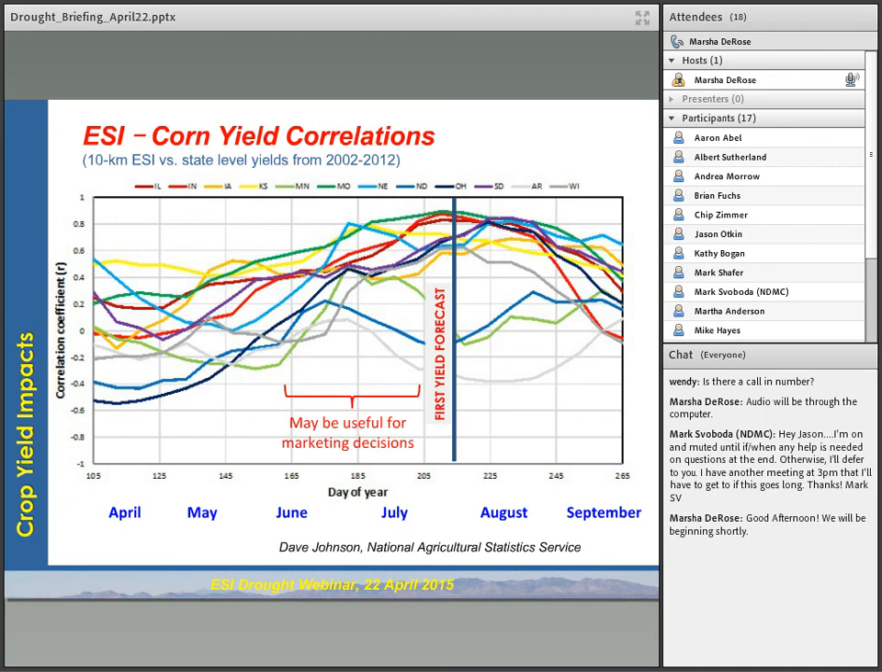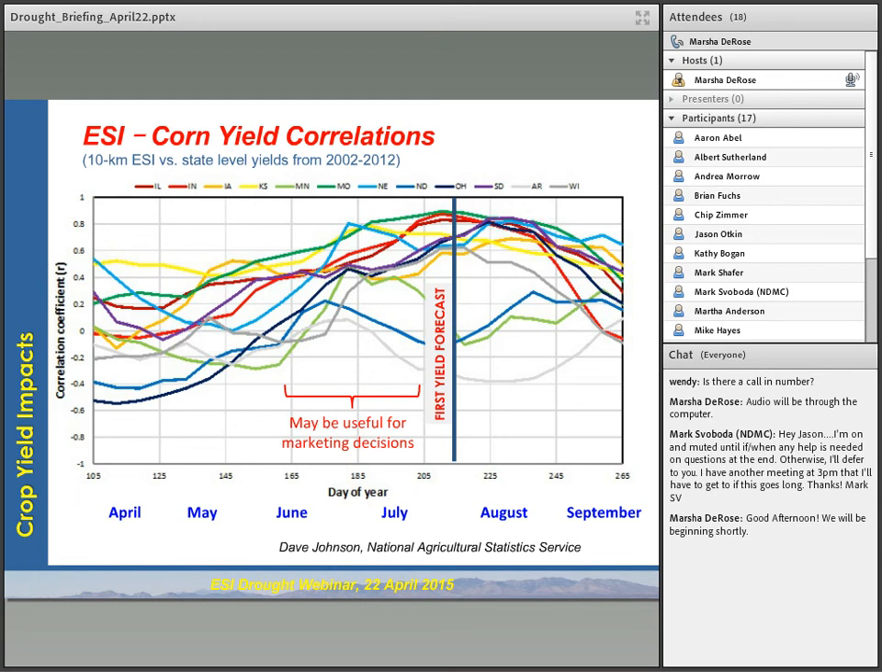For example, the correlations for Illinois and Indiana increased to more than 0.5 by the end of June. The high correlations for many of these states mean that by the middle of summer, if the ESI is negative, there's a pretty good chance that corn yields will be lower than normal, but if the ESI is positive, then corn yields may be higher than normal. This is potentially very useful information that shows the direct relationship between moisture stress, as depicted by the ESI, and